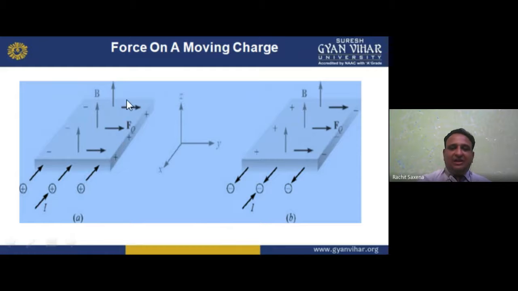Here we can identify the three axes, these three things are perpendicular to each other. I'm representing this as force, this as current, and this as field. In this, x and y are perpendicular to each other, and due to this we have the force, which is perpendicular to both x and y. So the first case tells you about the entry, that current is entering, shown by the plus sign.